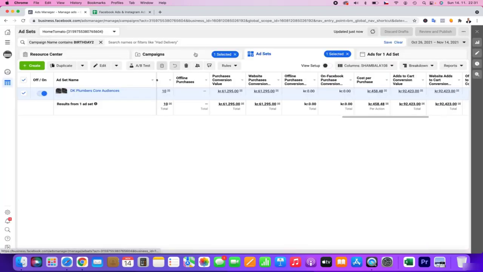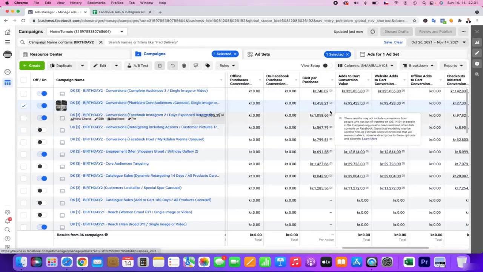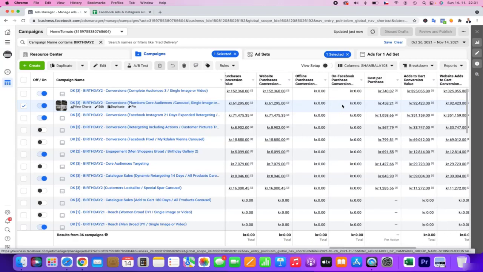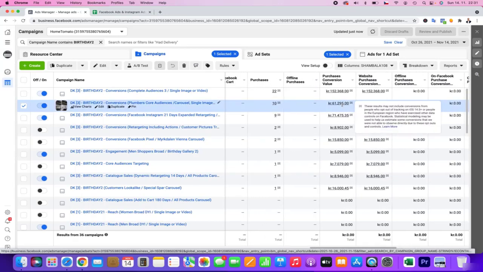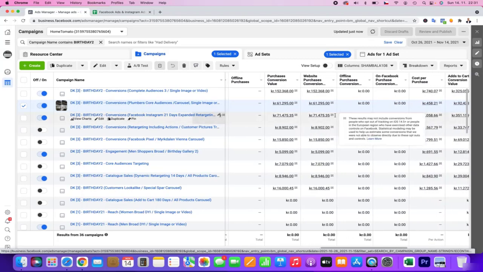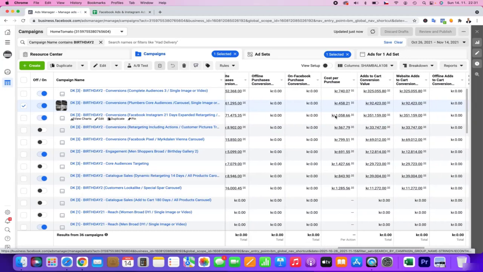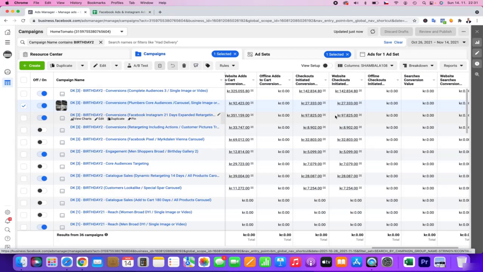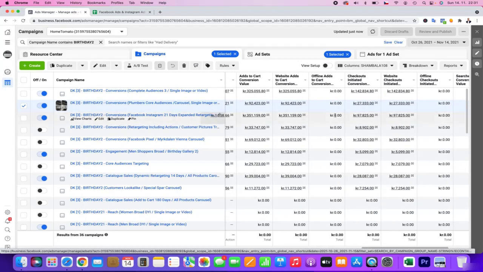And as we can see, there are quite many add to cart actions and started checkouts, but also quite nice purchases. The same goes for Facebook and Instagram retargeting: we have a lot of add to cart actions, but also many started checkouts.